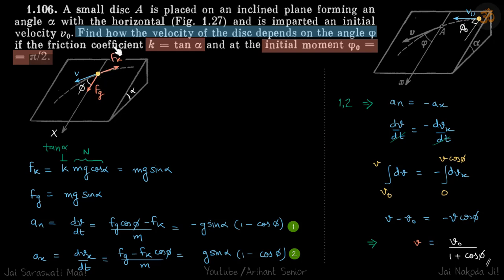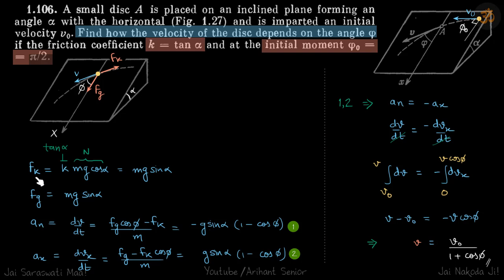So we'll write the forces in the x direction and we'll write the forces in this direction, the tangential direction. Because in the tangential direction we'll get a term of v, and when we do it in the direction of x, we will get a term of phi. So that's how we are going to relate v and phi, by doing F equals ma in this direction, the tangential direction, and in the x direction. So let's do one by one.